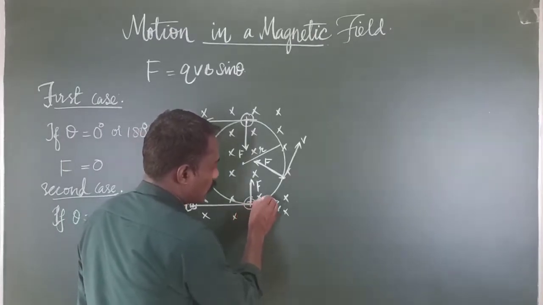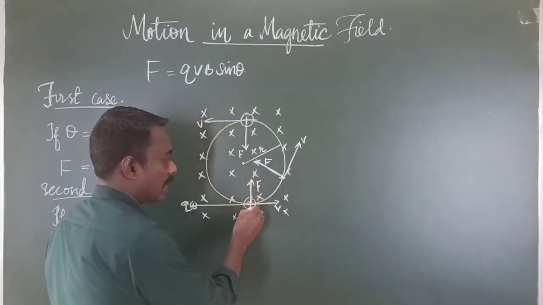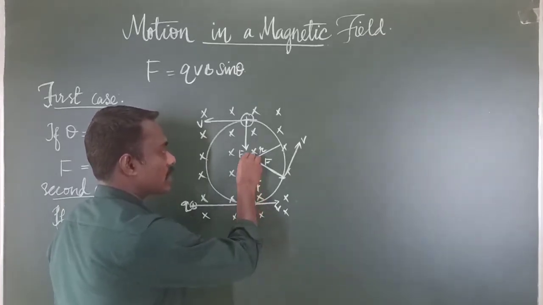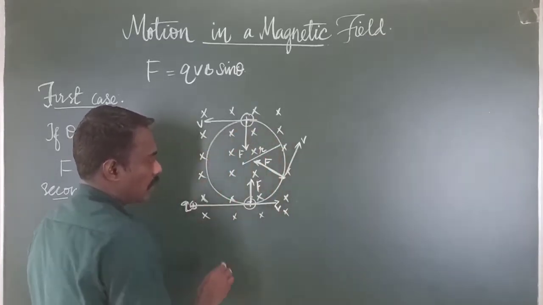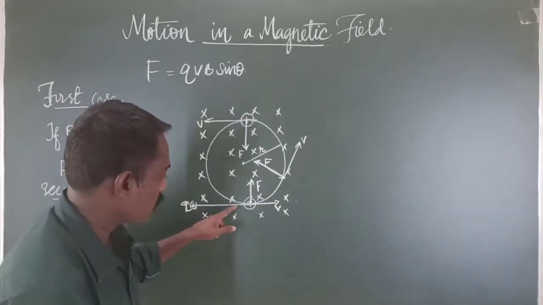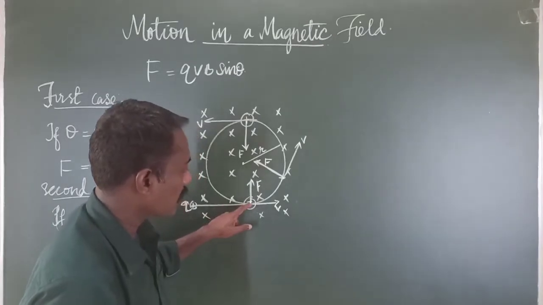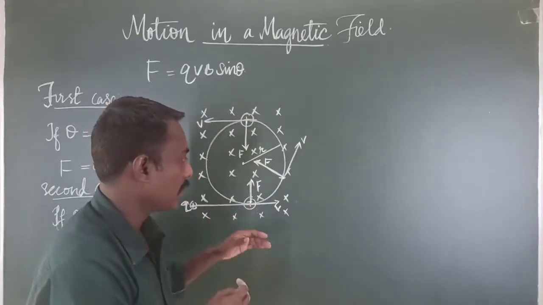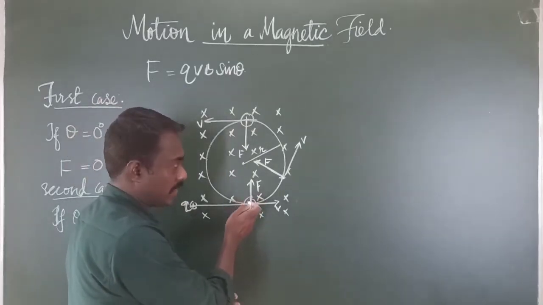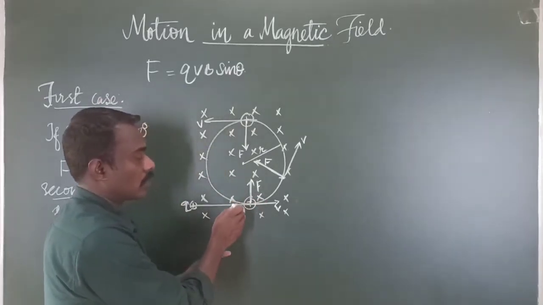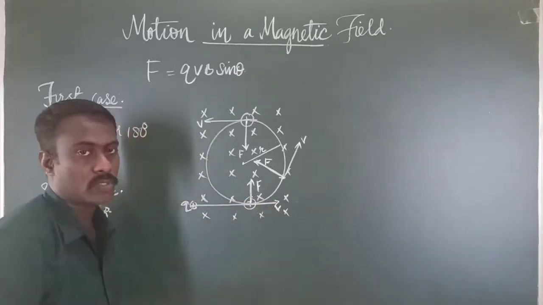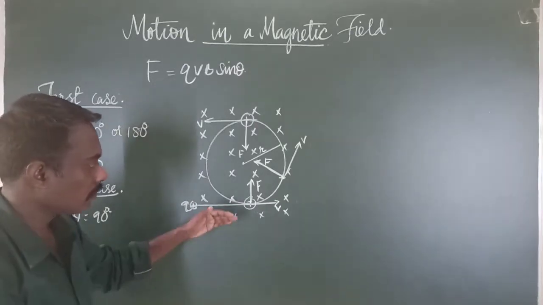And this force will be exerted, and from this direction itself we can see that the force is exerted towards the center of this circle here. And how does this circular path form? A circle is formed when these charges enter the external magnetic field here. So what happens? The force exerted on the particle depends upon the angle between the direction of the magnetic field and the velocity vector of the particle.